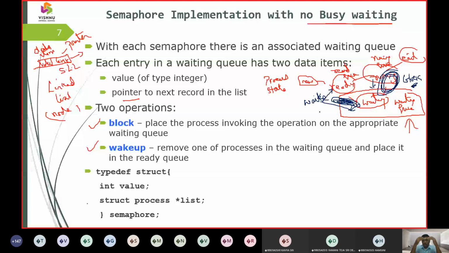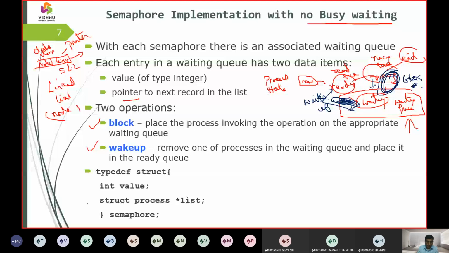So we are going to put jobs into the waiting queue or a wait state so that the IO gets executed. Once the IO gets executed, it is up to the job to be moved again to the ready state. For that, it is going to be implemented with a semaphore, and that semaphore takes up two attributes. One we call the block state, another we call the wake up state.